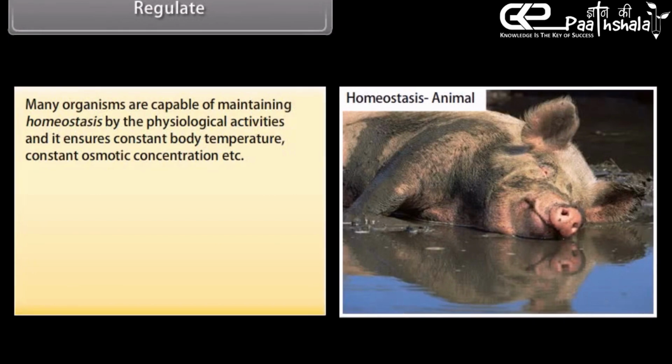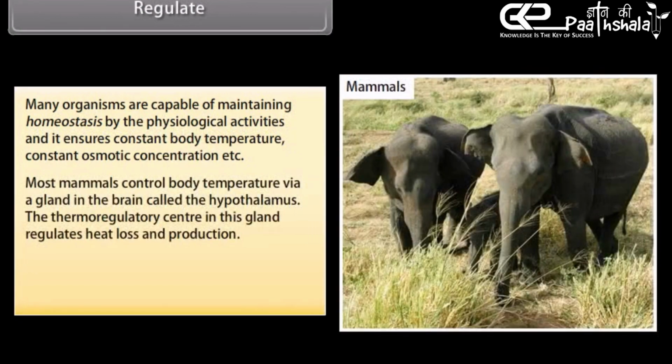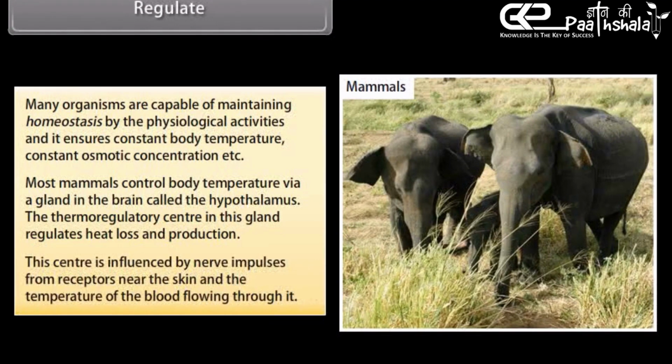temperature, constant osmotic concentration, etc. Most mammals control body temperature via a gland in the brain called the hypothalamus. The thermoregulatory center in this gland regulates heat loss and production. This center is influenced by nerve impulses from receptors near the skin and the temperature of the blood flowing through